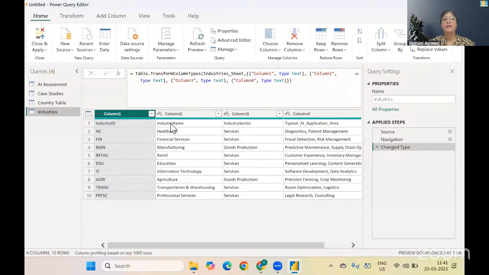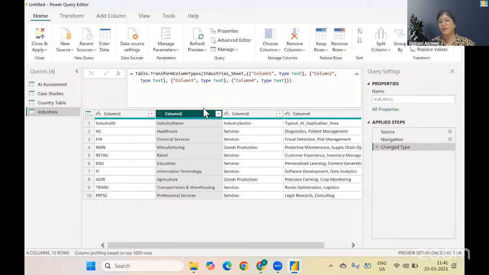Industry ID, industry name, industry sector. So if I take this, it will be a problem because I don't know what is in column 1, column 2. Working with the data will be wrong and difficult. So what we are going to do, in case you guys also had this thing or will have this thing